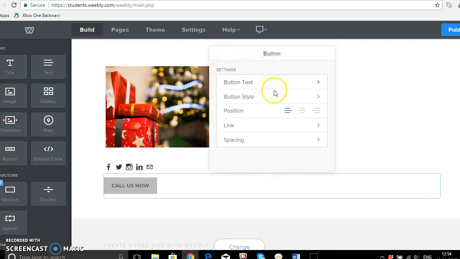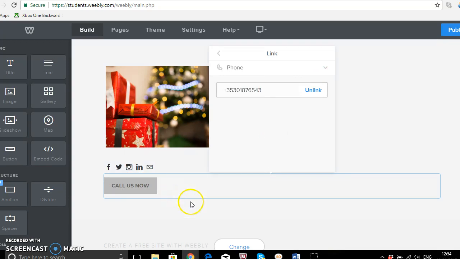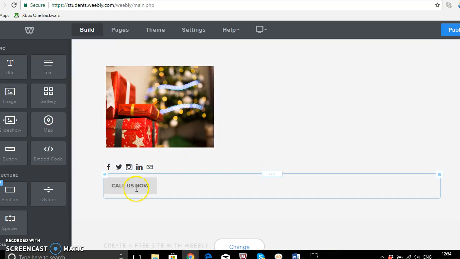In the back, I'm going to put a link in. It's going to be a phone. I'm going to enter in a dodgy phone number. Okay. I'm going to click down here, and then there's our button. So if we publish,